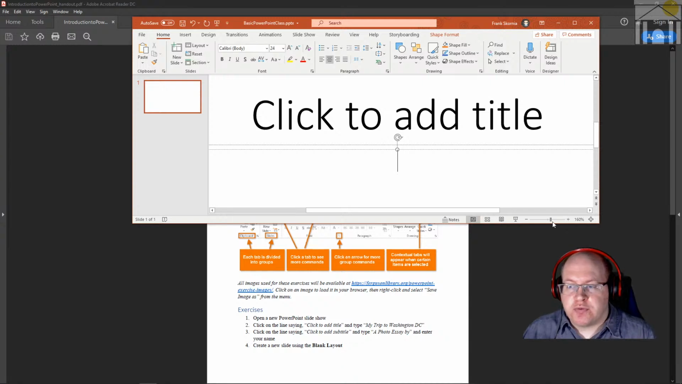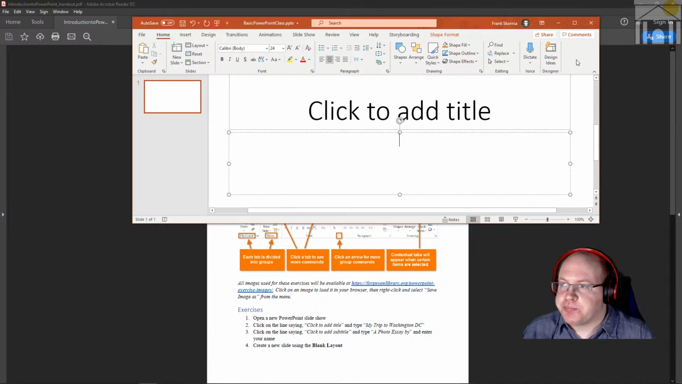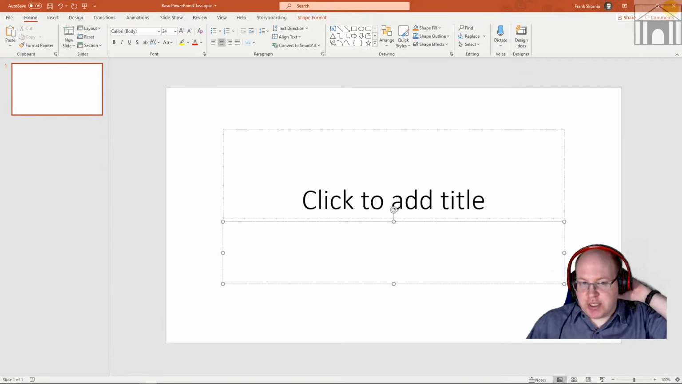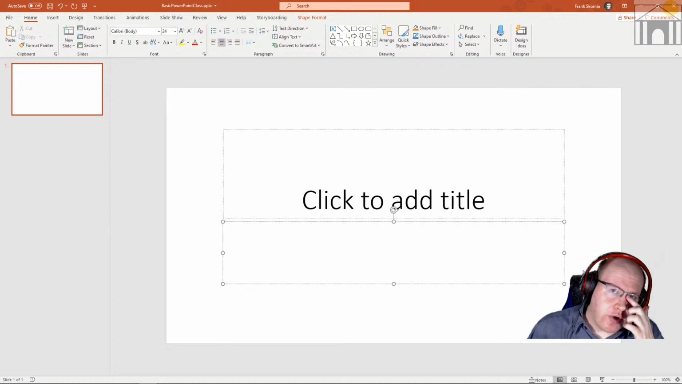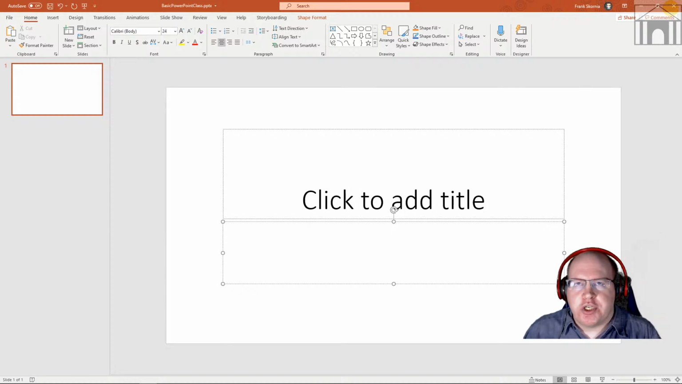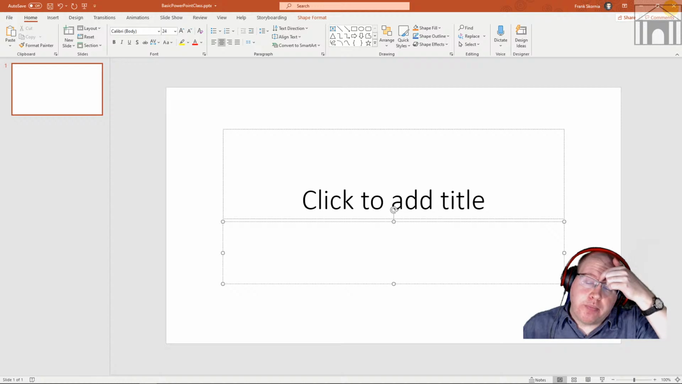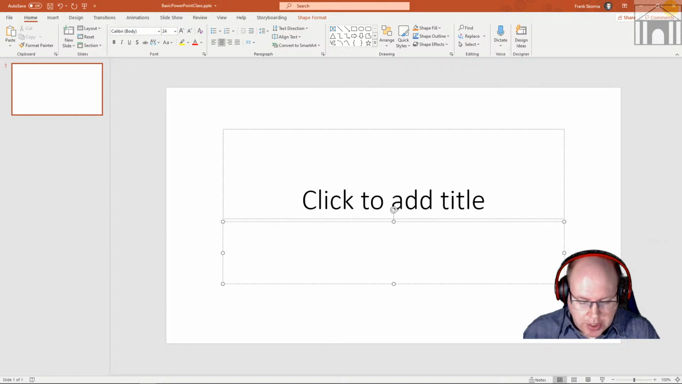So zoom is useful when you're working on things, but don't assume that that's what it's automatically going to look like when you present it. Go here, back to full size. And so that's our tour of Microsoft PowerPoint. If you have any questions about that, feel free to drop it in the chat. And so now we are going to get into